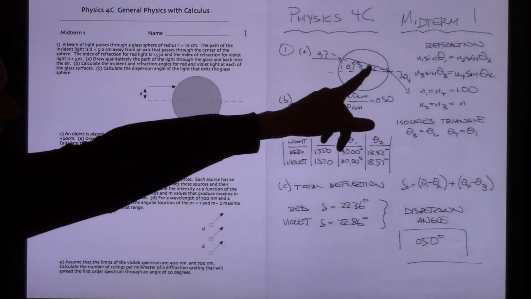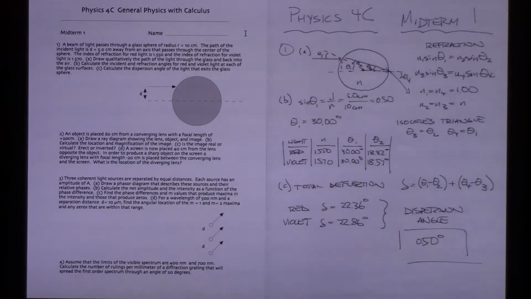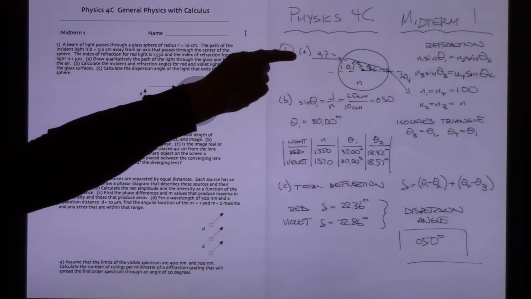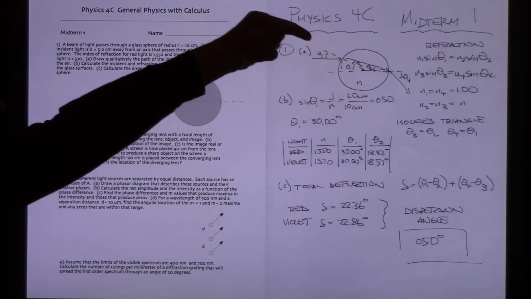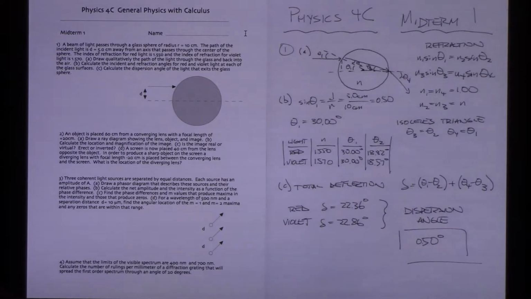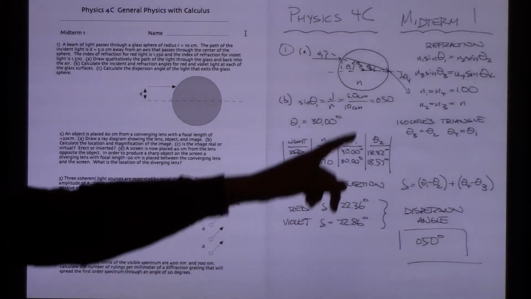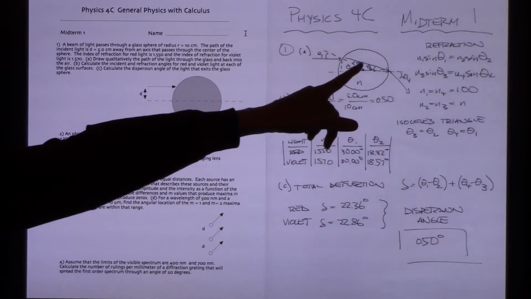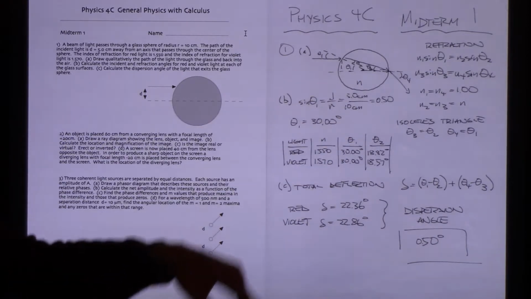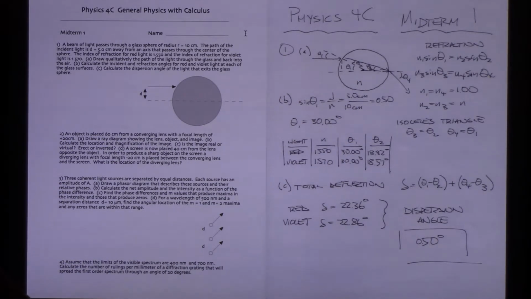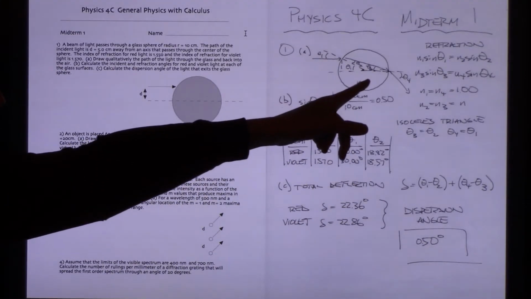Now, when it comes time to calculate theta 3 and theta 4, what I find is that there's so much symmetry because I'm working with this sphere that whatever angle the light comes in at, the path of the light across the sphere can't help but form an isosceles triangle. And so theta 3 is going to match theta 2. Now I know it's isosceles because two sides of the triangle are the radius of the sphere. So it's a bit of a geometry trick, I guess, to recognize that theta 2 and theta 3 are the